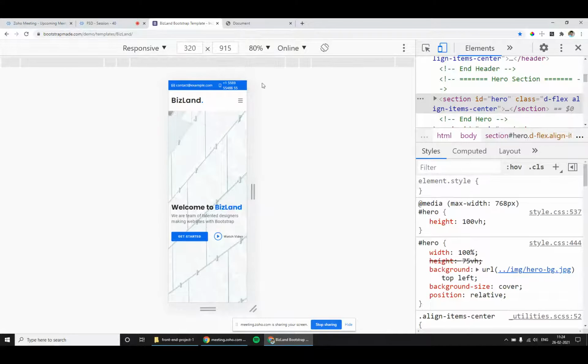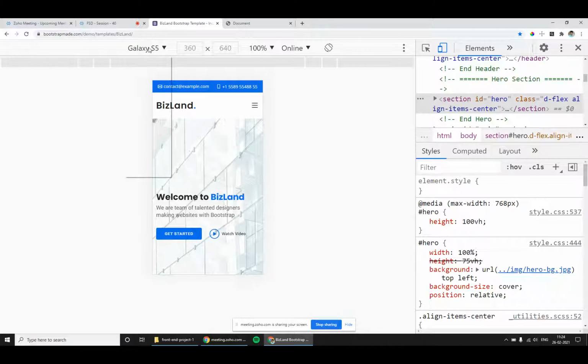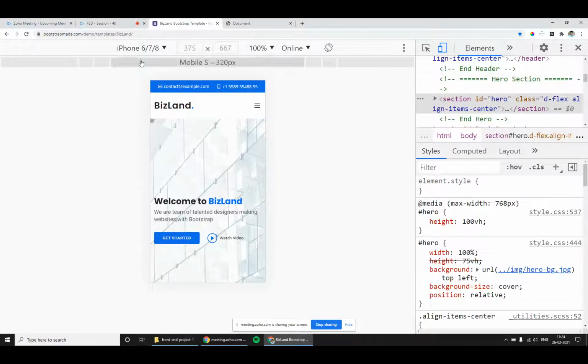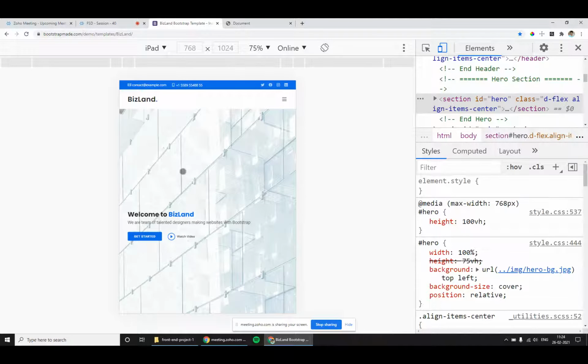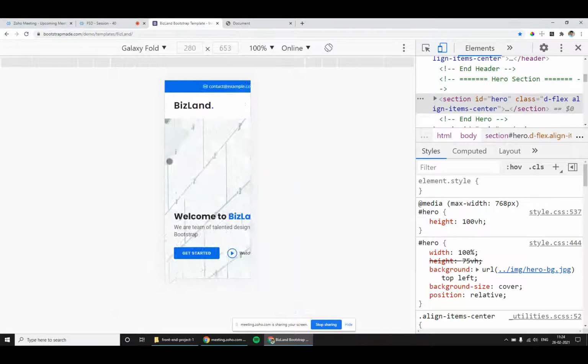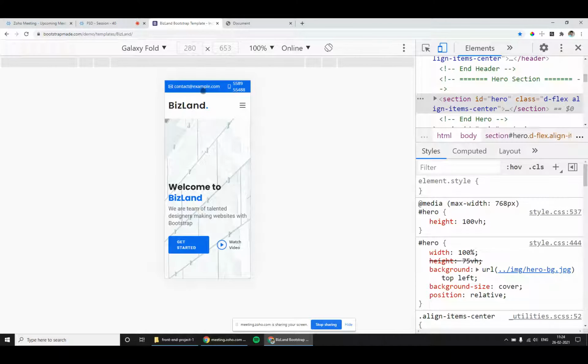responsiveness, we have a tool in every Chrome browser. We will use it. So just keep changing. But what we don't know is the breakpoint that this website has used.